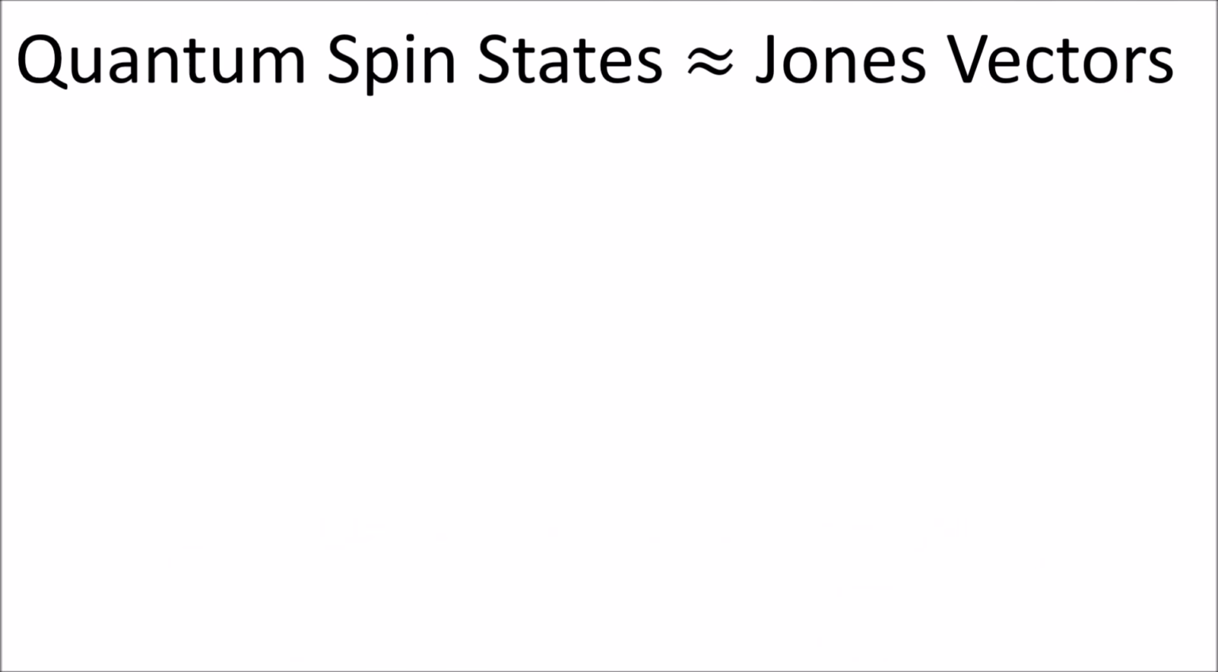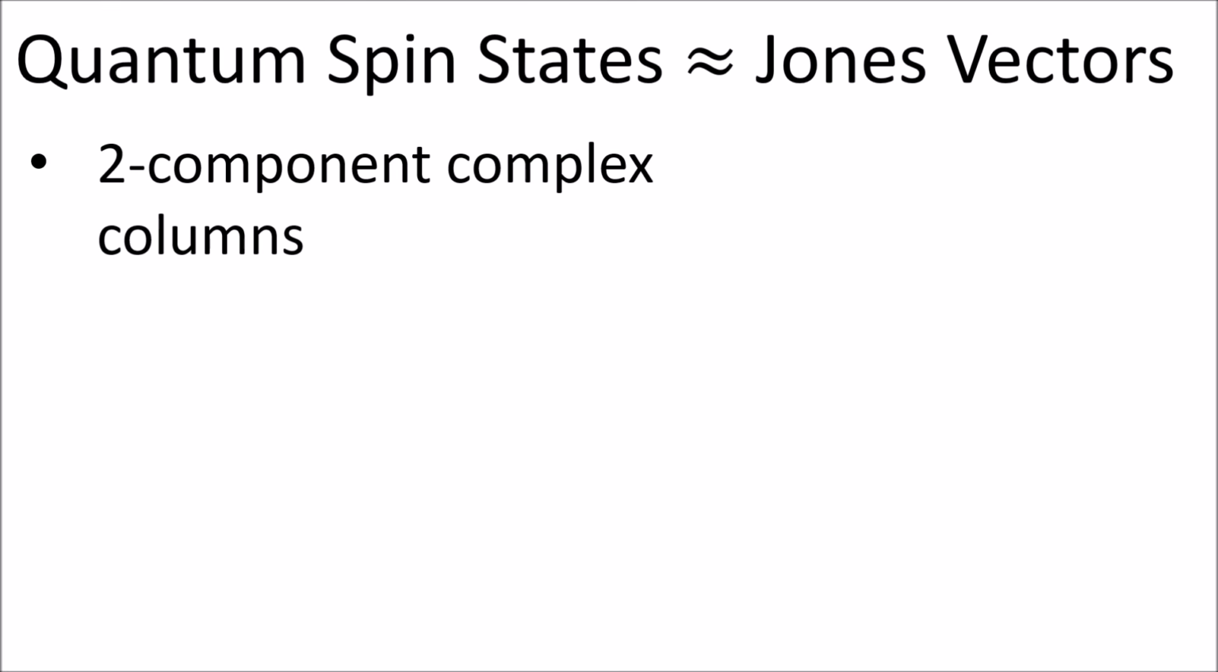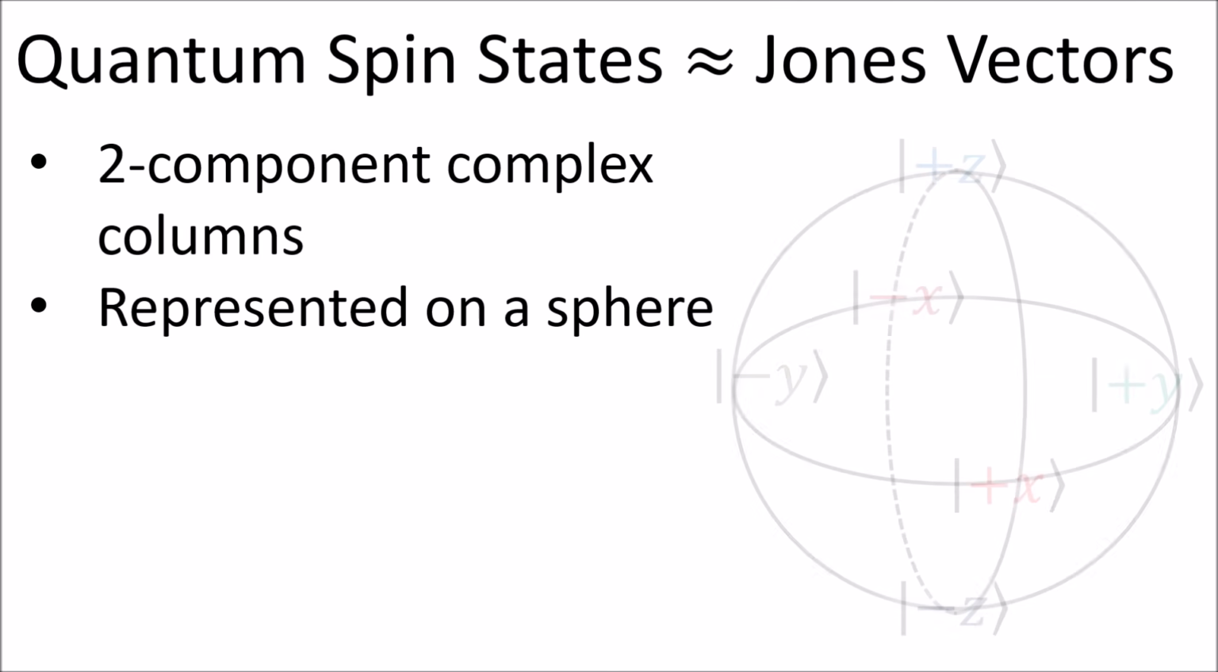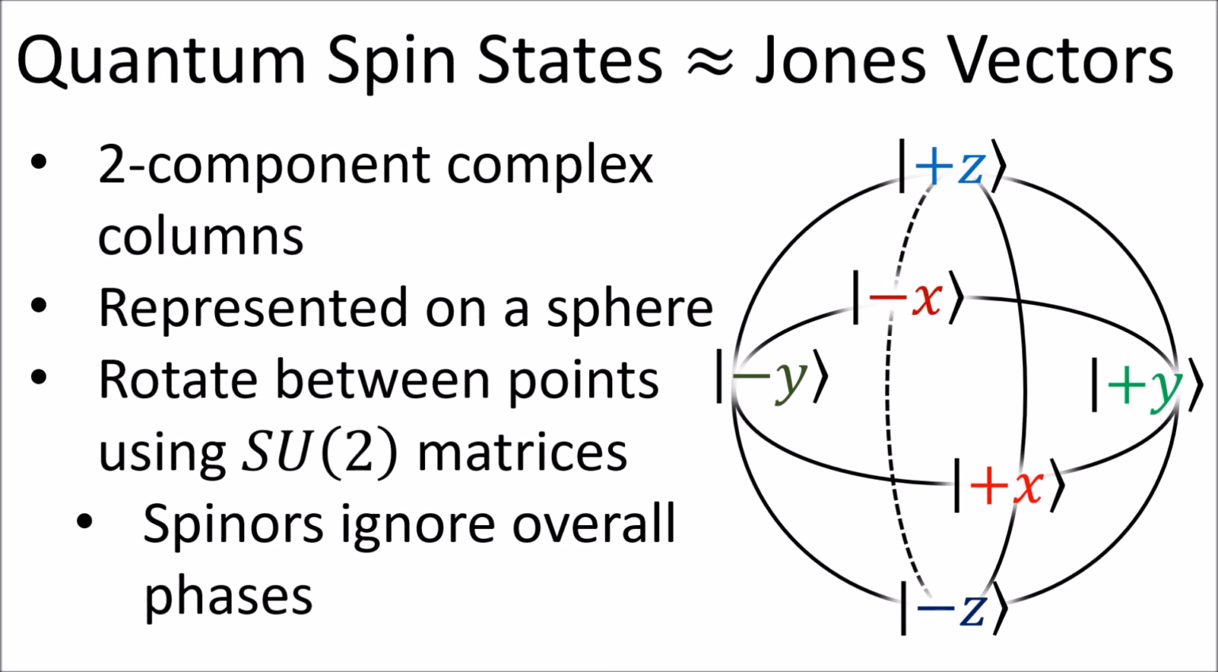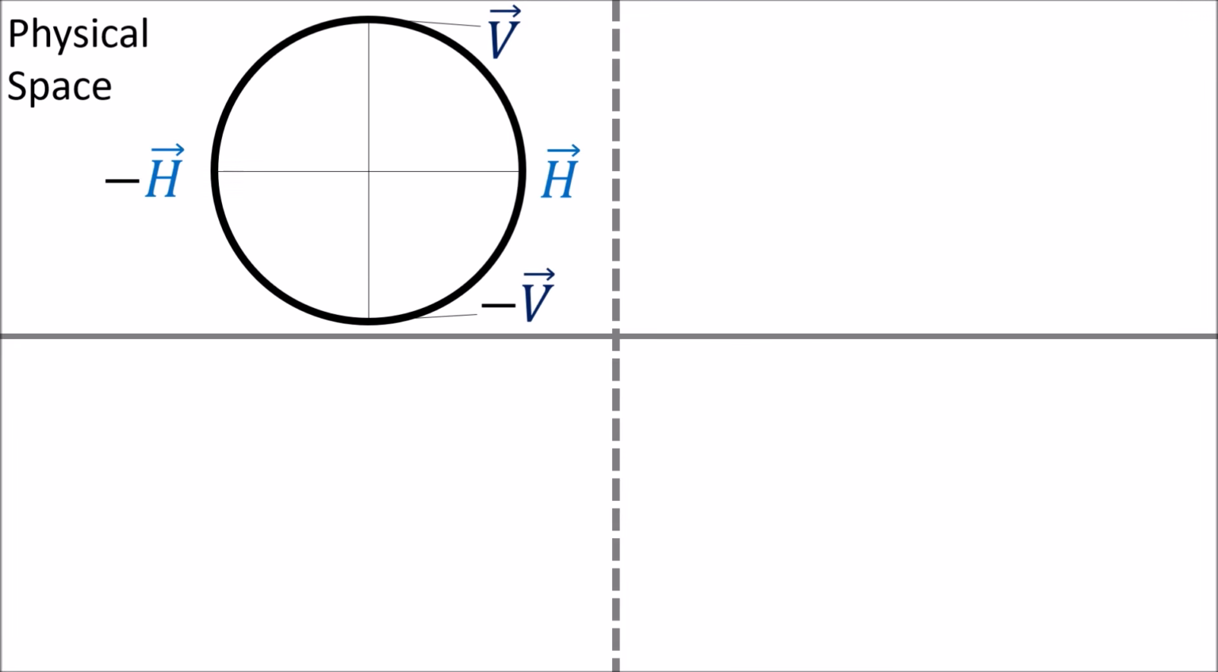So, in conclusion, the behavior of quantum spin states is mathematically equivalent to the behavior of Jones vectors and light polarizations. Both are represented by two-component complex columns, which can be represented geometrically on a sphere. We can rotate between points on the sphere using SU2 matrices, since both quantum states and light polarizations don't care about overall phase factors, which includes not caring about overall negative signs. In the case of physical space for wave polarizations,